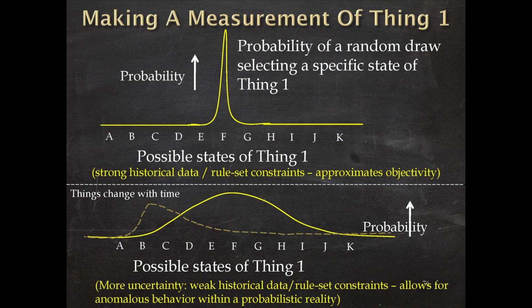Hopefully this makes it a little more realistic than me just saying, oh, you take a random draw from the probability distribution. That's very hard to see, but maybe this will make it a little easier. Okay, now here's some probability distributions. Here's a bunch of possible states that something could be in when a measurement's made. And you see here, the probability of getting anything other than F is 0. Okay, that's just like a 0 or 1.